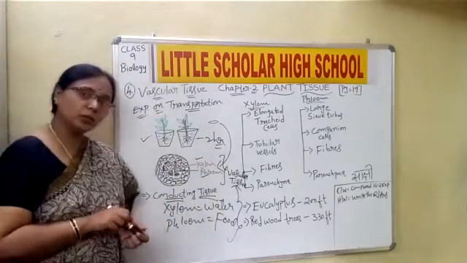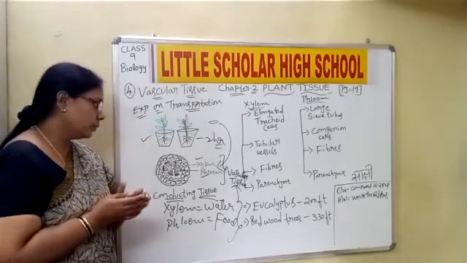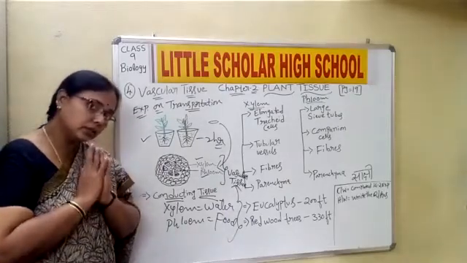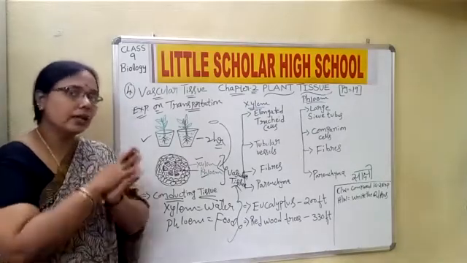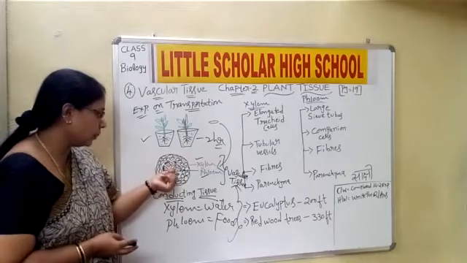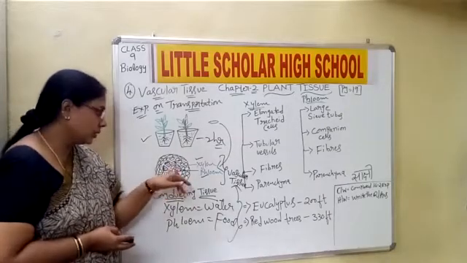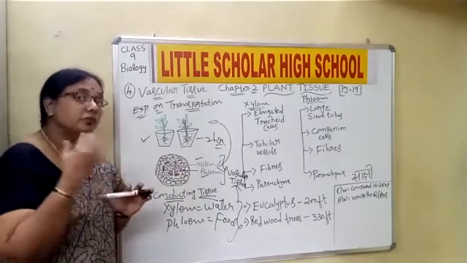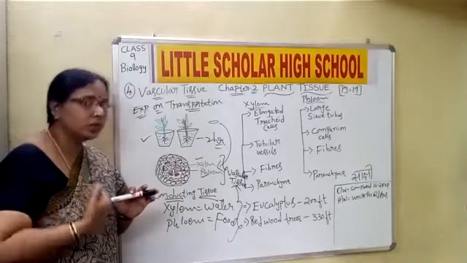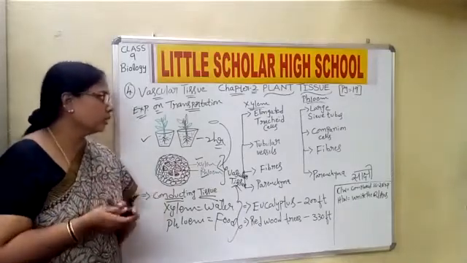I hope you understood this small experiment and why we have done it: to find out that there are certain cells present in the plant which conduct water, and hence we can see the red colored part. This forms the vascular tissues, and adjacent to the red ones is the phloem, which helps in the conduction of food from the shoot system to the other parts of the plant, or to the root system, we can say.